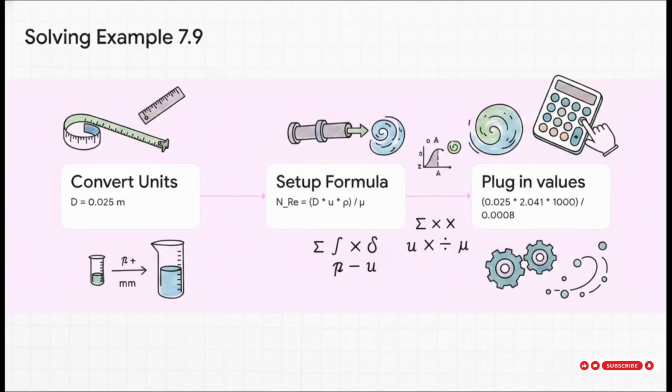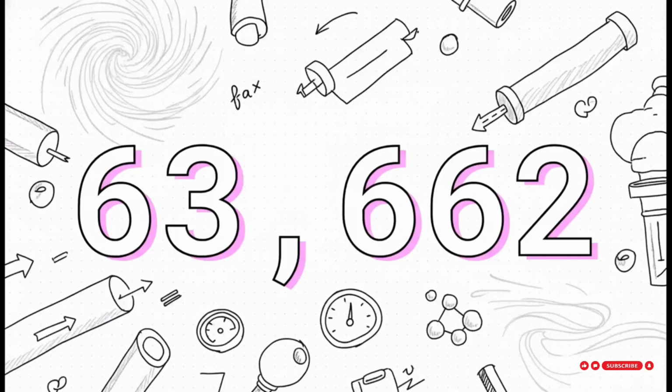First things first, and this is an absolute lifesaver. Always check your units. We need our diameter in meters, so we have to convert 25 millimeters to 0.025 meters. Step 2. Set up our formula. NRE equals D times U times rho over mu. Step 3. Carefully plug in those values. So that's 0.025 times 2.041 times 1,000, all divided by 0.0008. Crunch those numbers, and our calculation gives us a whopping